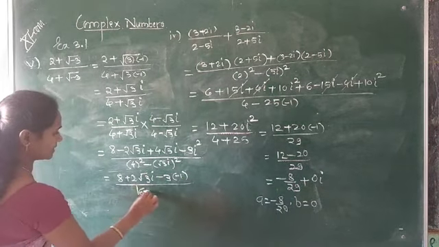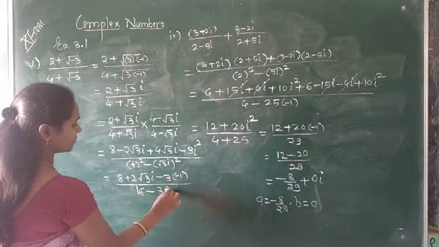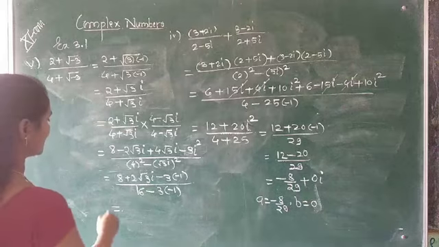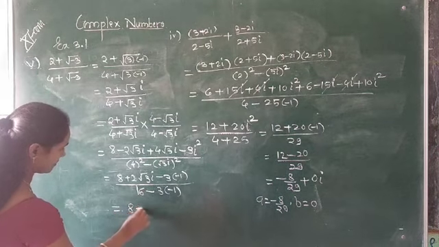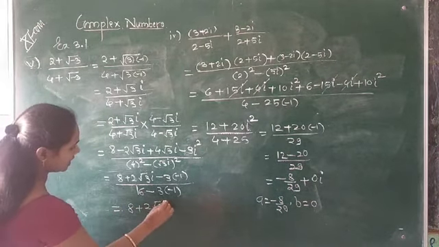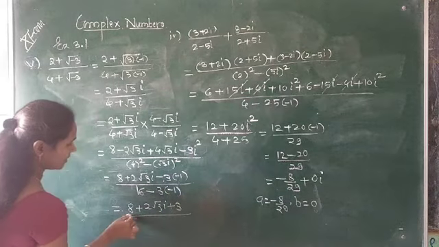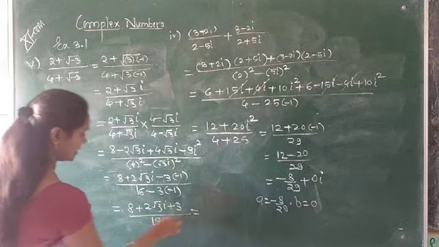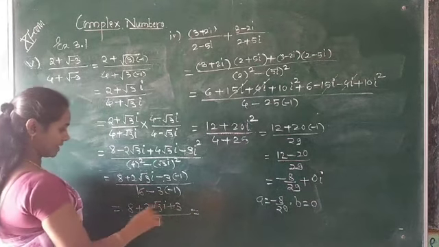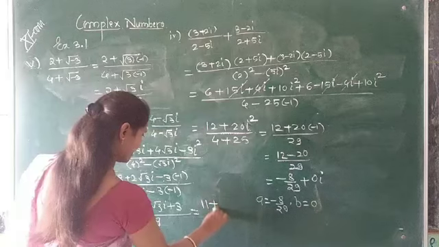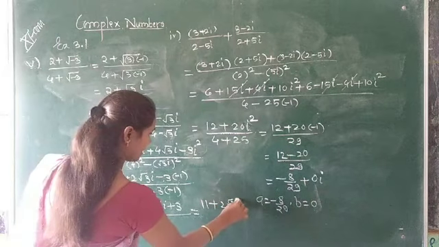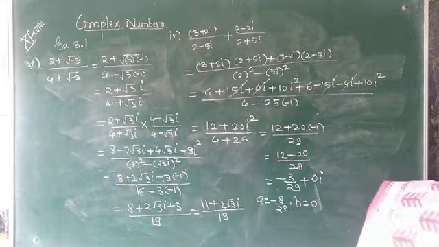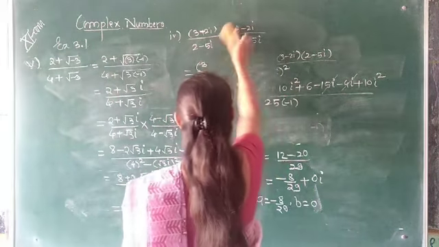Divided by 4 squared is 16 minus root 3 squared is 3 into the value of i squared, which is again minus 1. That means here 8 plus 2 root 3i and minus minus plus 3, upon 16 and minus minus plus 3. Hence it is 19. See here, real part, add the real parts. Here 8 and 3 are real, so 8 plus 3, 11 plus 2 root 3i divided by 19. So if we write this in the form of a plus ib, then we will get